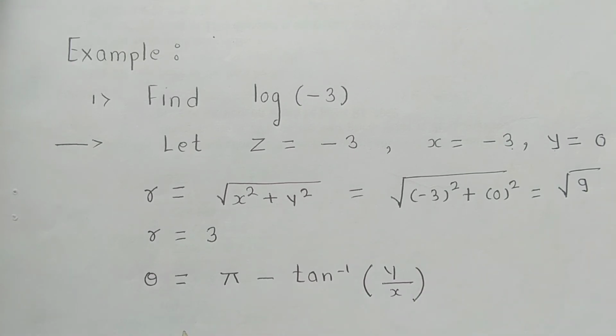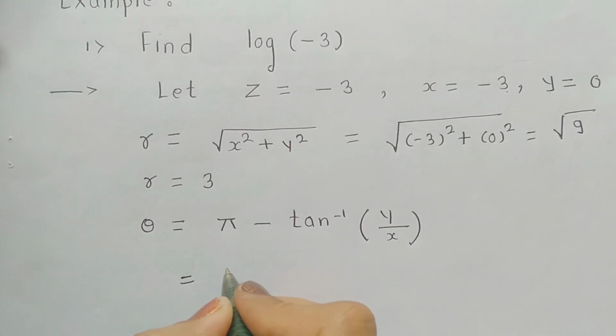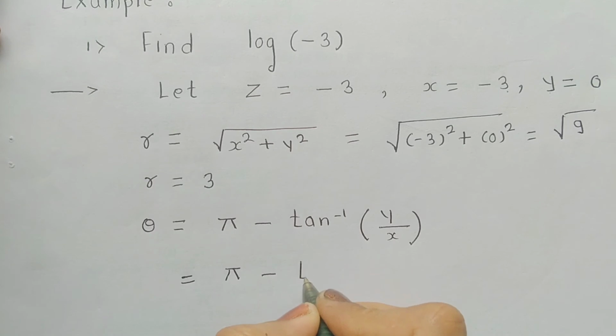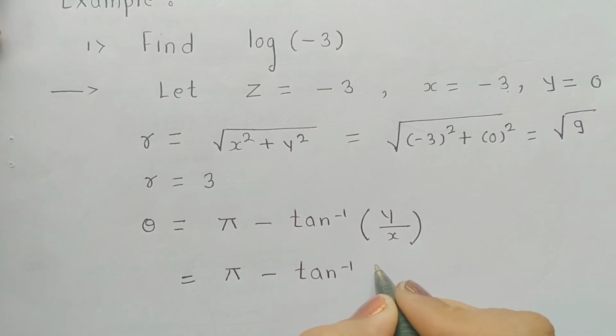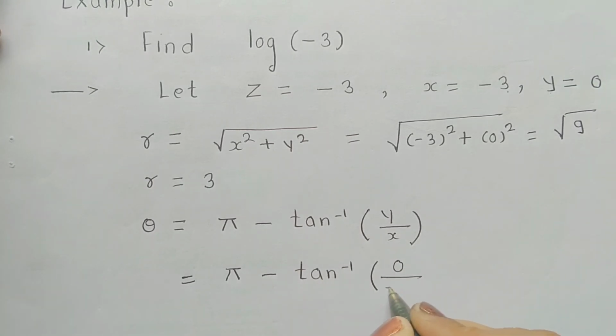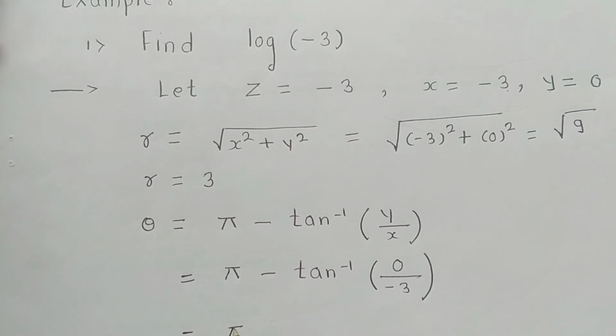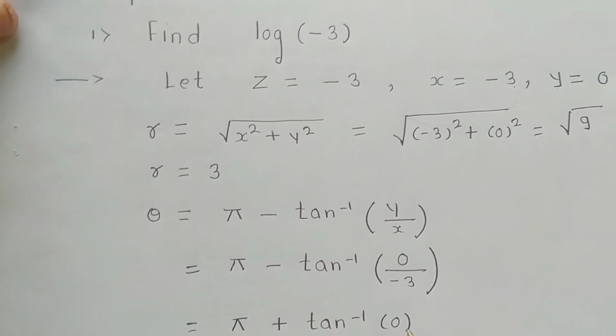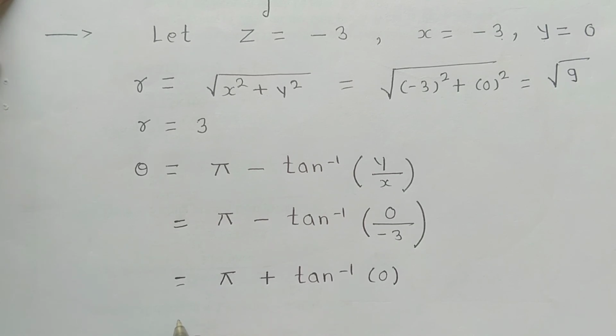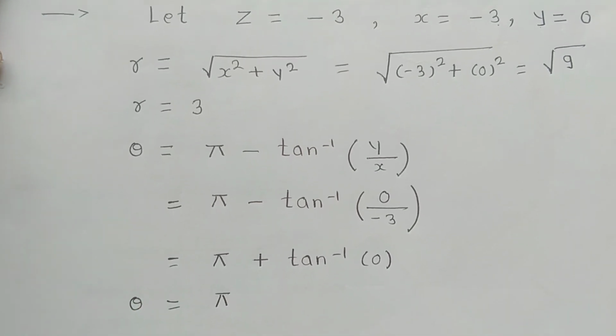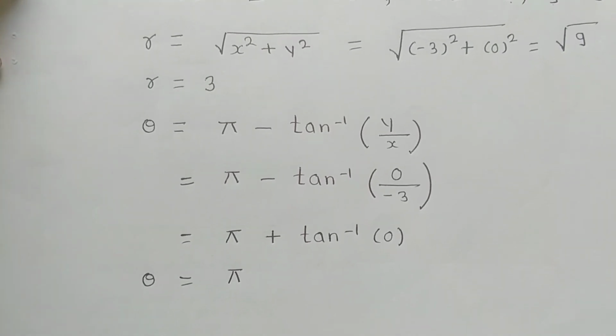So put the values here, which is equal to pi minus tan inverse of 0 upon minus 3, which is equal to pi minus minus plus here tan inverse of 0. So tan inverse of 0 means again 0, so we get theta is equal to pi. So the general value of log z is